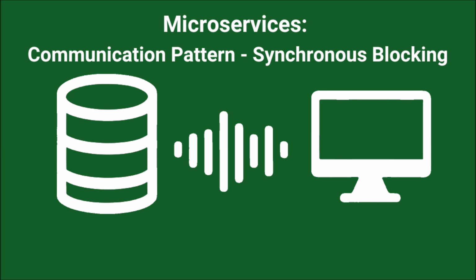Exactly. So the order processor sends a message to the loyalty microservice. Hey, award points for this order. And then it just stops. Everything grinds to a halt until the loyalty service does its thing and sends back a confirmation. So the order processor is completely dependent on the loyalty service. If loyalty's down, the whole process is stuck.